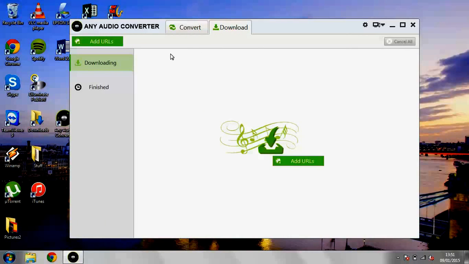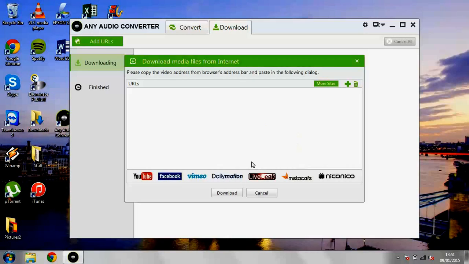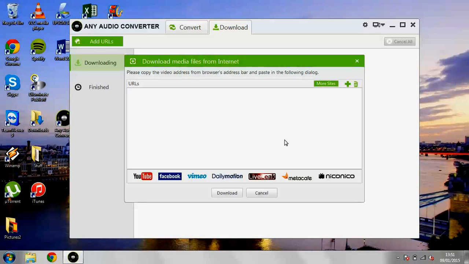And if you click on the download tab, really straightforward design. Just a section here where it says add URL. URL, if you don't know it, is just basically a web address, www.youtube.com/whatever for whichever site or video it is that you want to download. If you click on URL, it'll come up with this, and these are the main, most popular sites for downloading video files, but there's more sites listed under the More Sites tab here as well. So what we're going to do first of all is click on the YouTube tab,